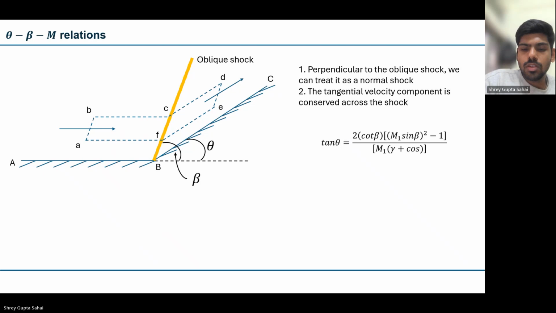Cos 2 beta plus 1 plus 2. So this is a relation that, given beta and M, you can find theta, which is a little bit implicit because of the way we have introduced the problem,